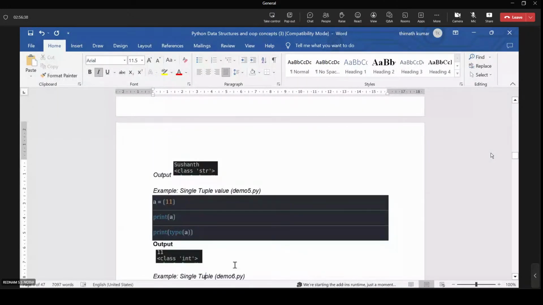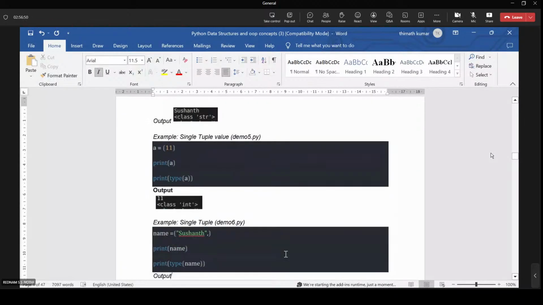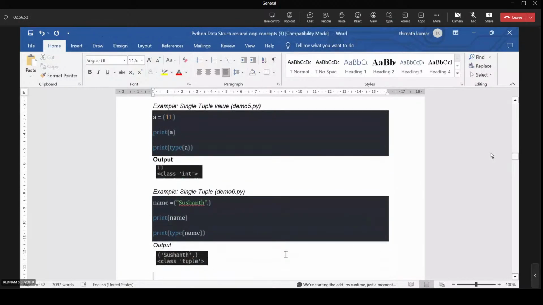So, single tuple value. Here 11 is enclosed with parentheses, but it is not a tuple. It is an integer type. So how do you represent a single value as a tuple? The tuple name, along with the element, along with a comma. Whenever we keep this comma, only then is it treated as a tuple.